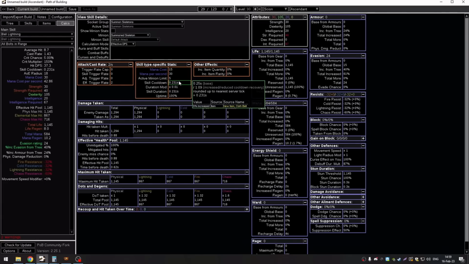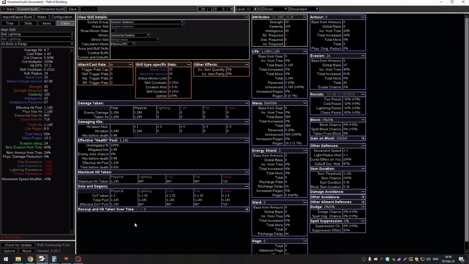Because this number is rounded up to the nearest server tick. Server ticks happen in specific periods of time, and as you can see, when we lower the cooldown by 8%, nothing happened. When we lower it by 9%, it's rounded up to the server tick, and now we have these two values, skill cooldown and skill duration, matching.